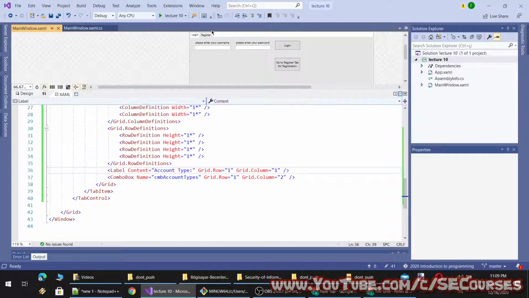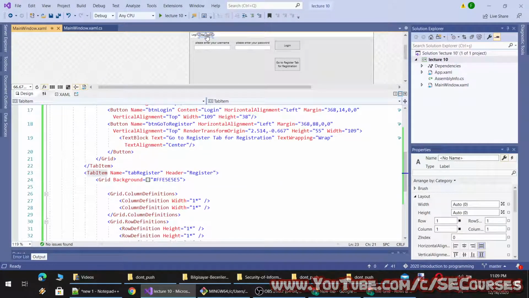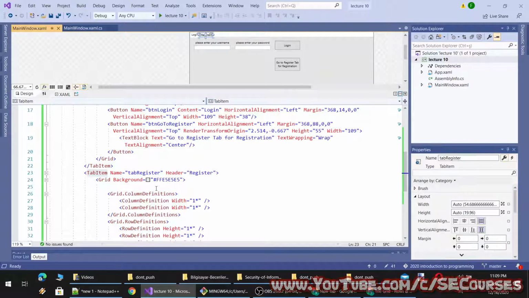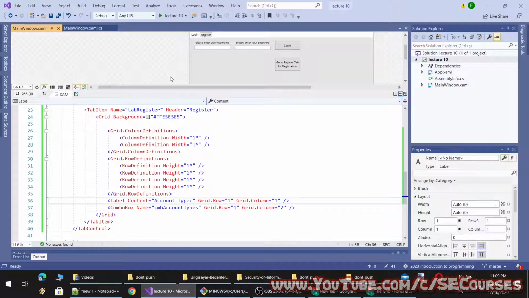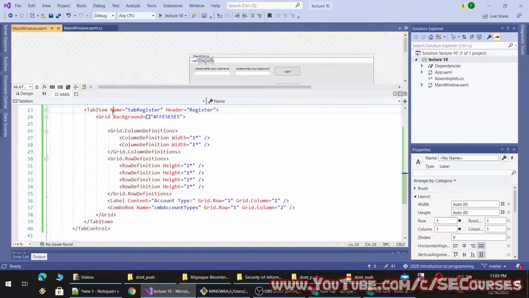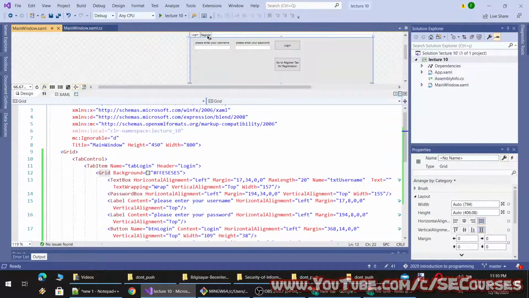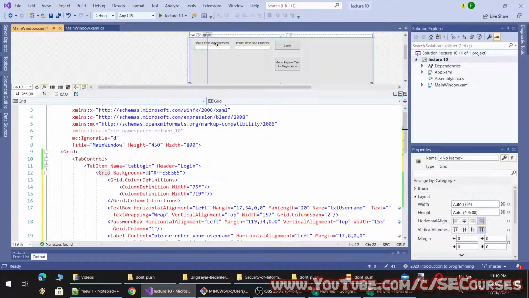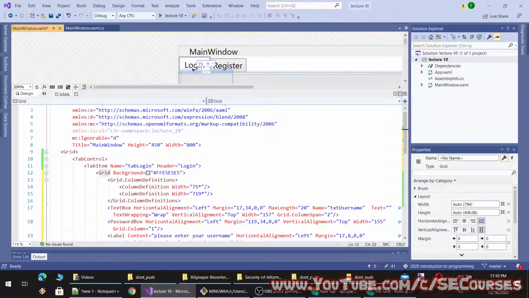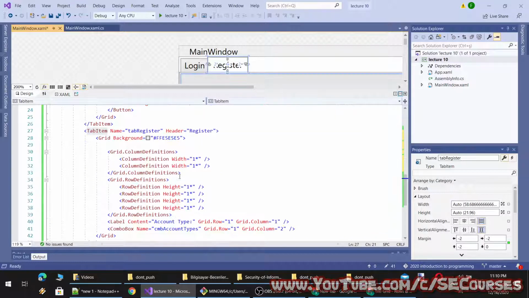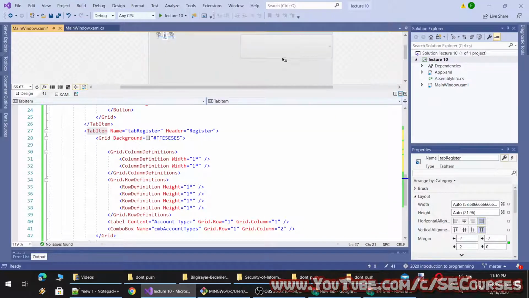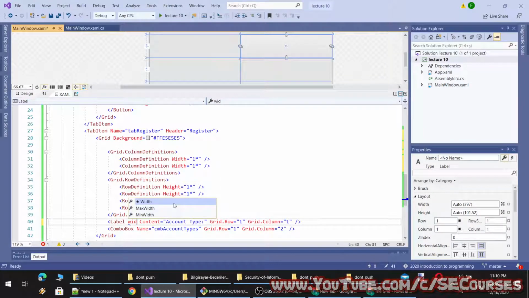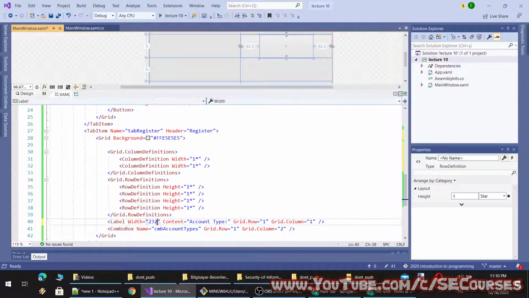So this is not visible. Probably it is because we didn't define any length or width. Let's define the width equal to something like this.